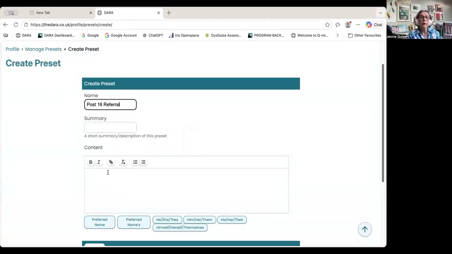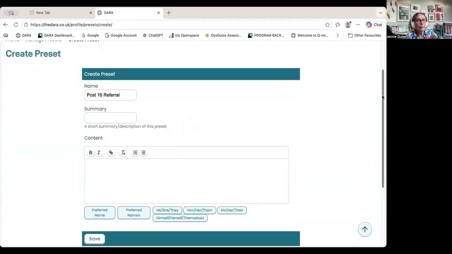Post 16 referral. And then when I'm looking for it, I know that that's exactly where I'm going to find it. So this is quite terrific, I think, because you can set a preset that will change according to the name and the preferred pronoun of that person. So if I put here, so-and-so was referred for an assessment by, so I put preferred name